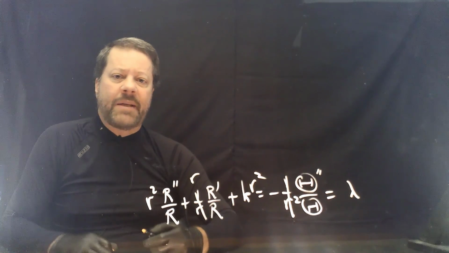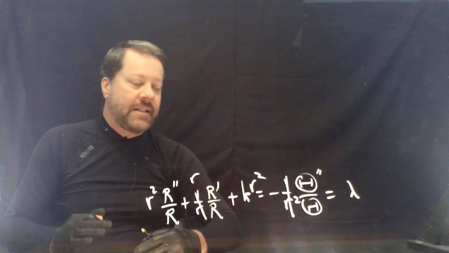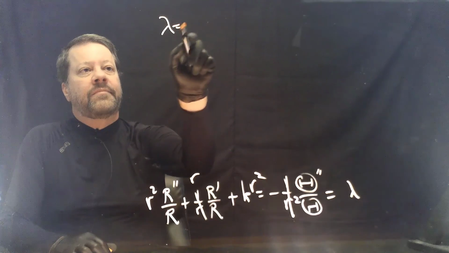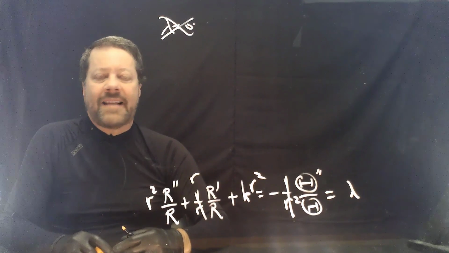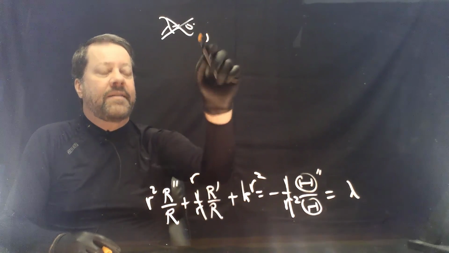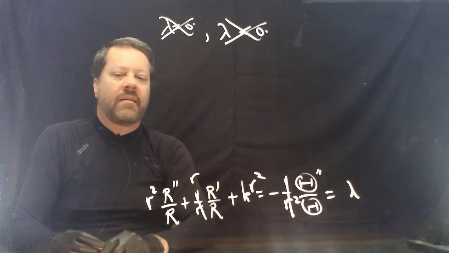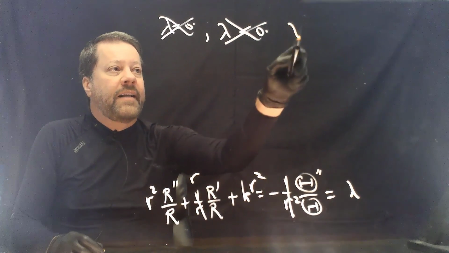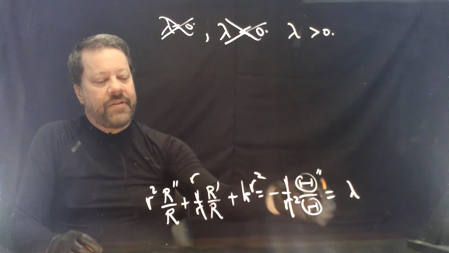By trichotomy, we have to check the three different possibilities. Is lambda 0? Is lambda negative? Is lambda positive? It's pretty easy to see that lambda equals 0 is out, because in that case, there's no way to get 2 pi periodicity. The same is true with lambda less than 0. It follows then that lambda will be greater than 0, and that will give you solutions